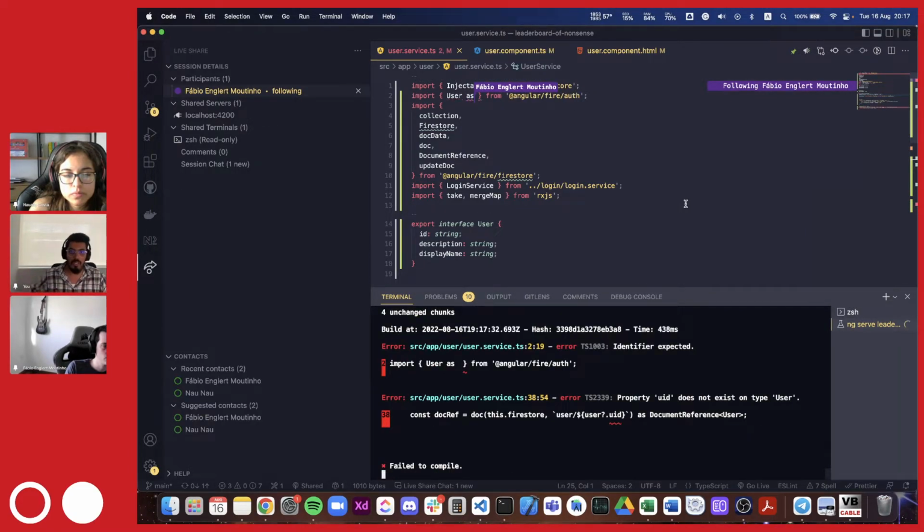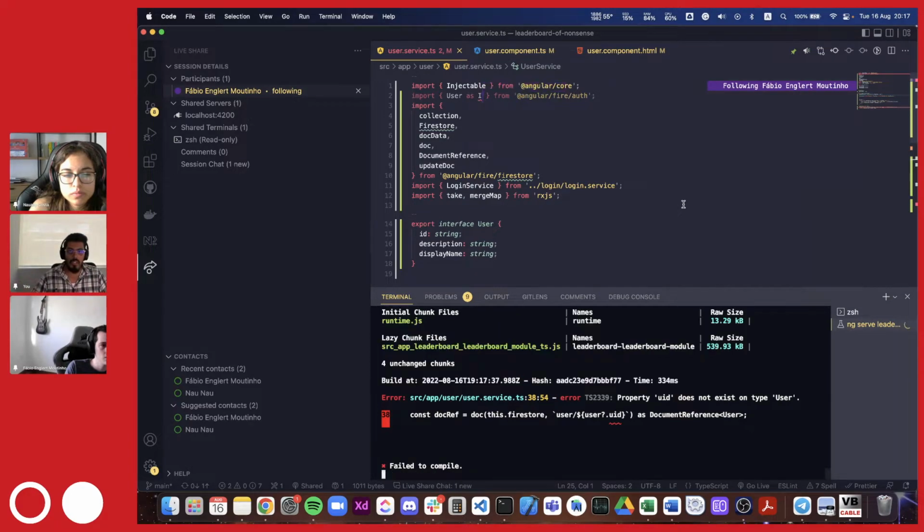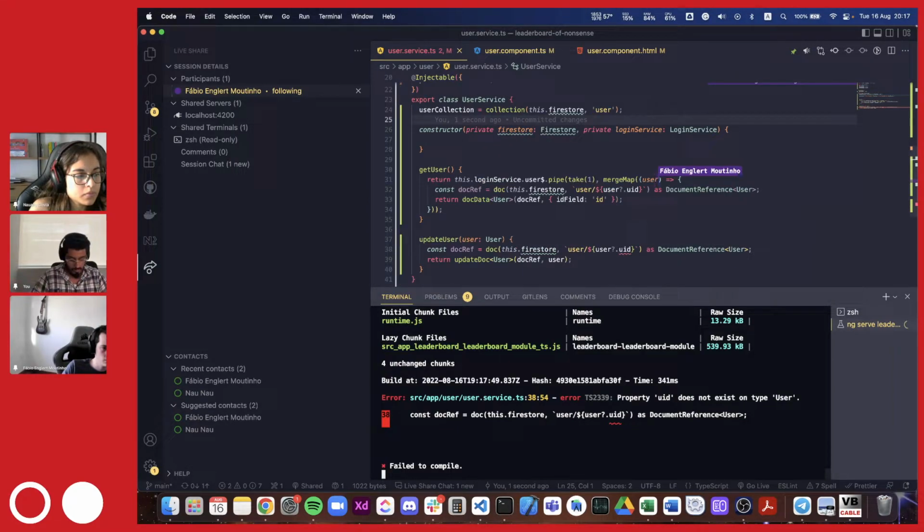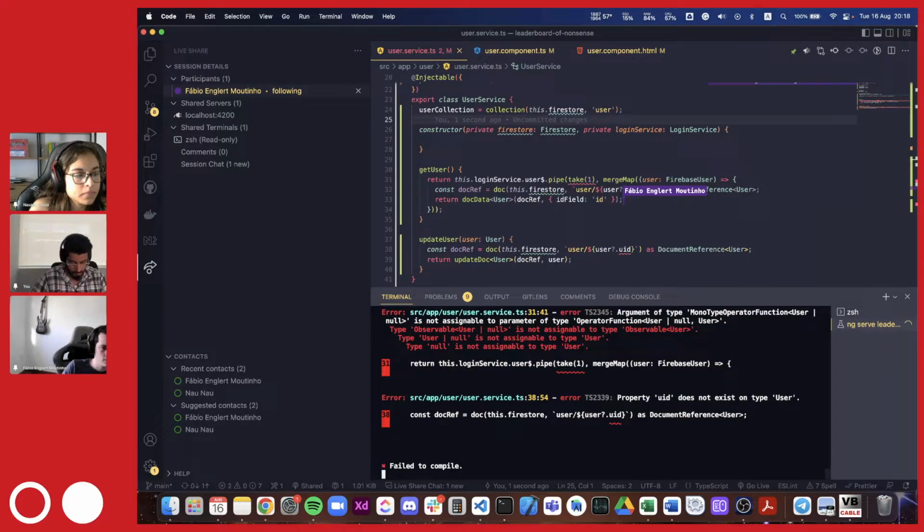Can we do this actually? User as, yeah. Just want to rename this as Firebase user. Okay, it works. So this would be Firebase user. Now it makes sense. So user.id